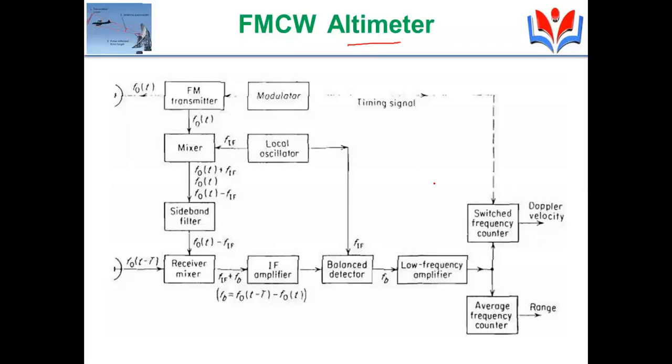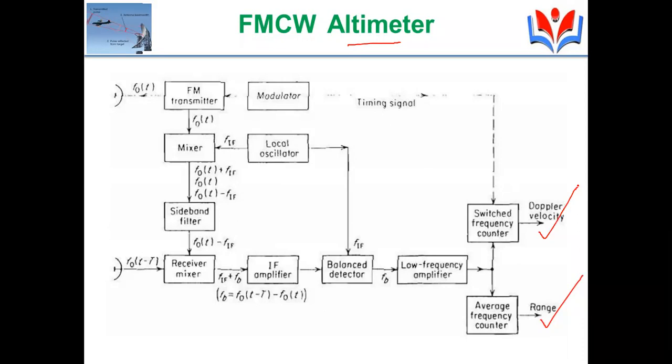One is, what is the distance between the airplane surface, which is in the air, and the surface of the earth. We have to measure the distance between these two. That is nothing but range. And the second one is, at what speed this particular flight is moving. So we need to measure relative velocity with respect to the surface of the earth. So we need to find two things.